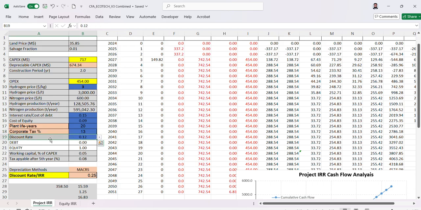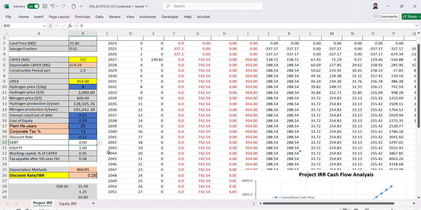Sorry, this one, discount rate. So debt is 0 because it's a project IRR. You can learn what the differences are with project IRR. Just in short, just to let you know, the debt is assumed to be 0 in project IRR